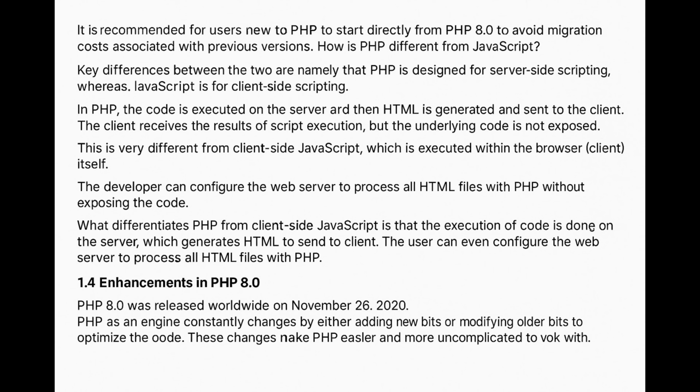PHP 8.0 offers improved performance, cleaner syntax, and several new features that make development faster and more efficient. A common question for beginners is how PHP differs from JavaScript. The main distinction lies in where the code is executed. PHP is a server-side scripting language, meaning that the code runs on the web server before the content is sent